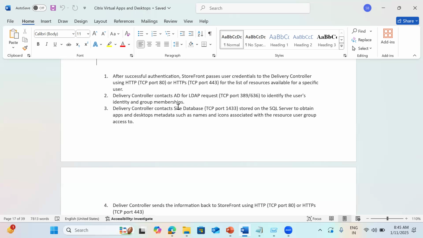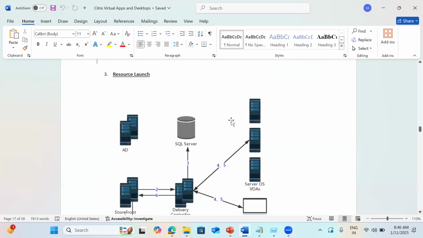That is the reason it is going to retrieve the SID of the user and of the groups to which he belongs. Then the controller is going to contact the site database and retrieve which resources have been published or authorized to that user. All that metadata, the names and icons of the applications, like a Word icon or an Adobe icon, is stored in the site database. Then it prepares a list in the form of an XML file and sends those details